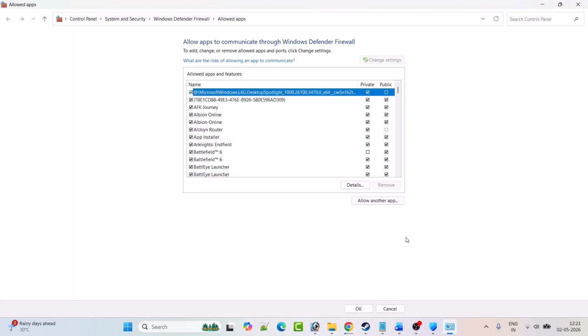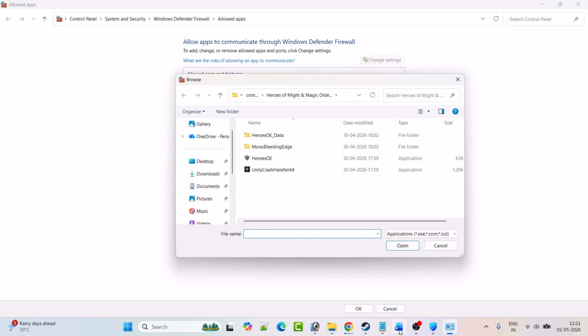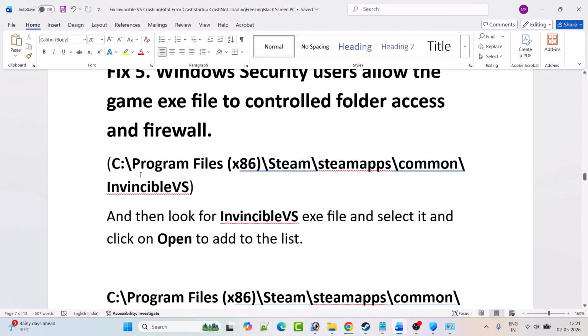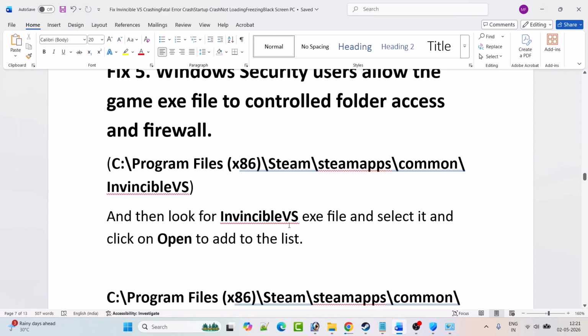click on change settings, click on allow another app, and then click on browse, and then again browse to the game installation folder. So open C drive, program files, x86, Steam, Steam apps, common, Invincible versus game folder, and then look for Invincible versus exe file and then select it, and then click on open, and then click on add it